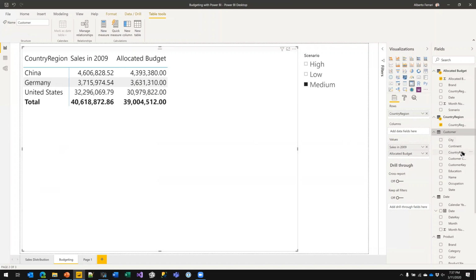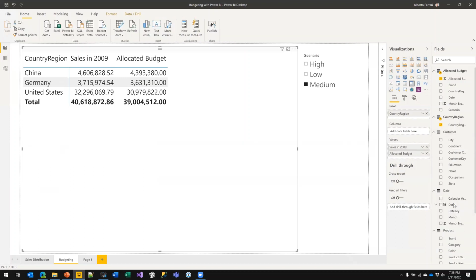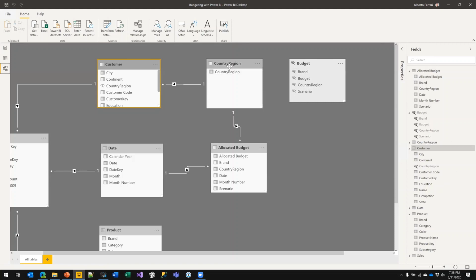So a good practice at this point is to hide the country region from here, so that the user is not expected to slice by the customer country region, but it can only slice by this country region. That's a first solution. It works nice, and it's also pretty fast because this relationship is based on small columns, which are very fast to move filter back and forth.